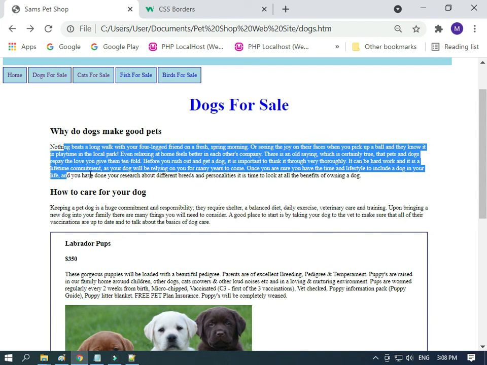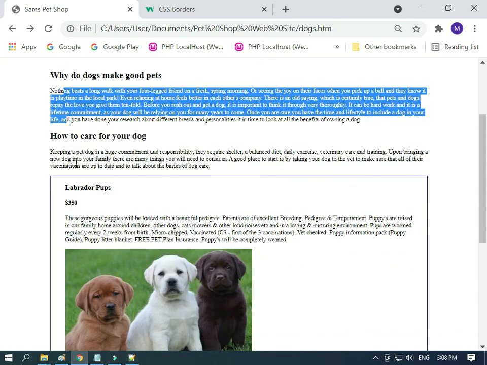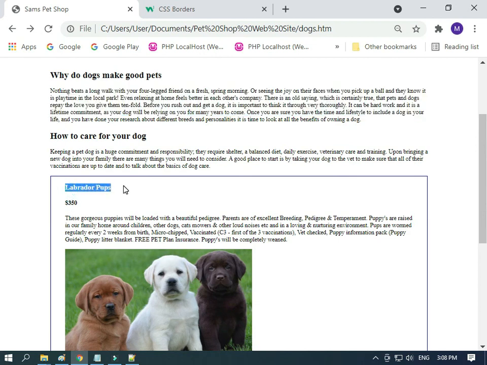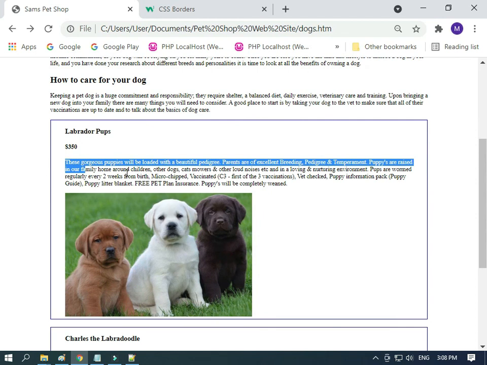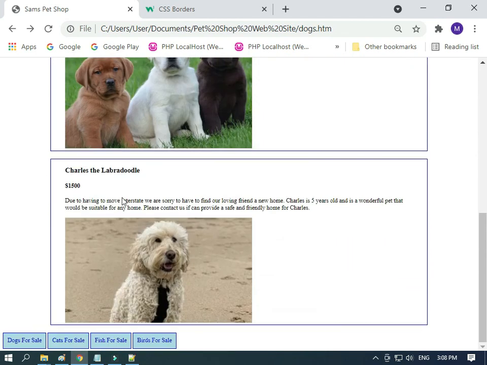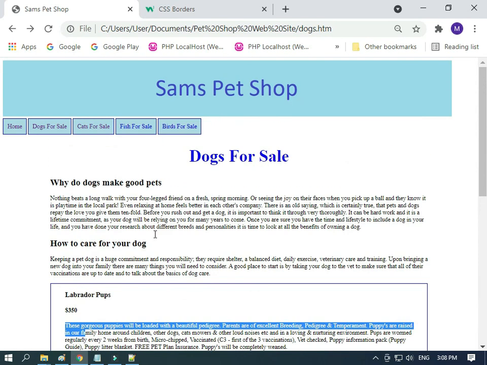Arial would be a better font than the one that we're using at the moment, and that will apply to that too. And then see if you can do the same. These are actually H3 tags. I'm not sure what that one is, but set a class up for these and this paragraph and make this look really good. And then as far as our pet page for the dogs goes, that's pretty much what we